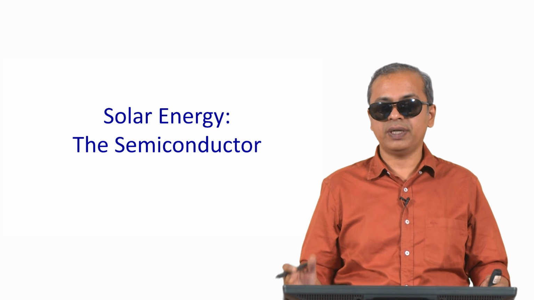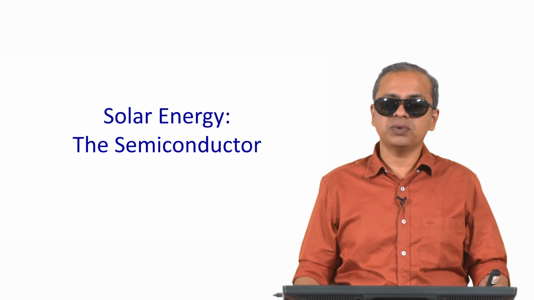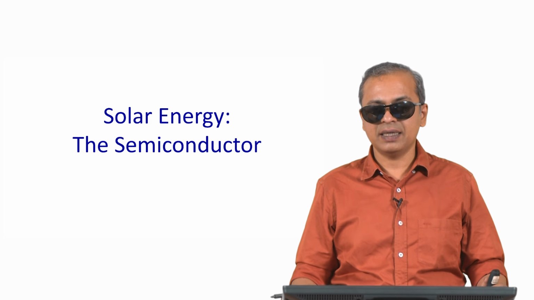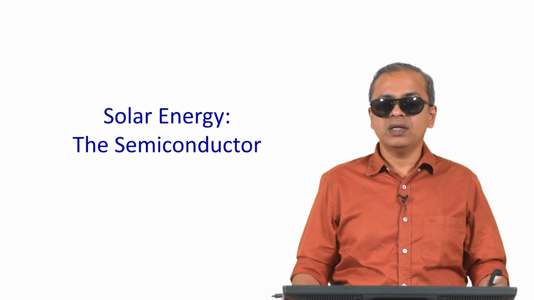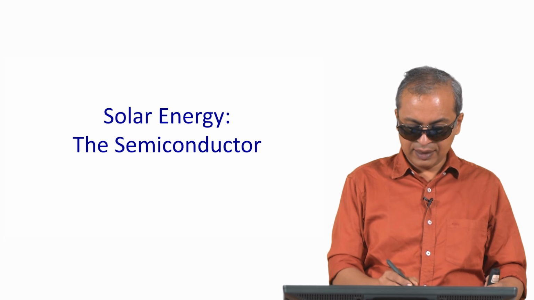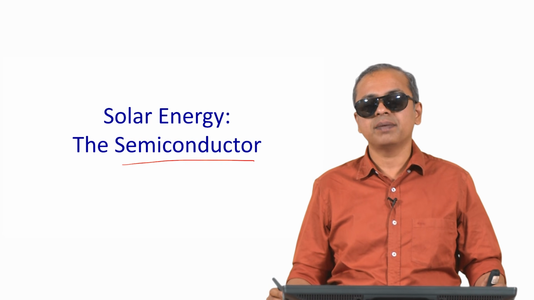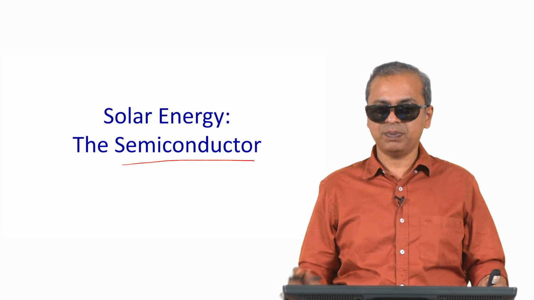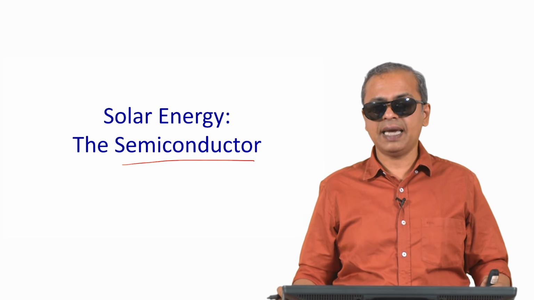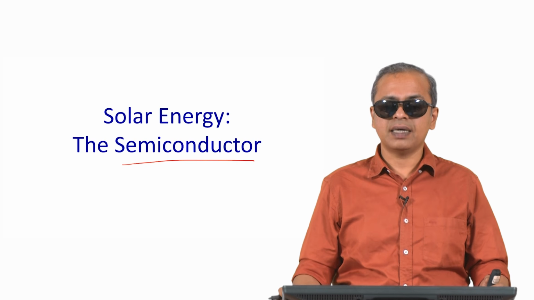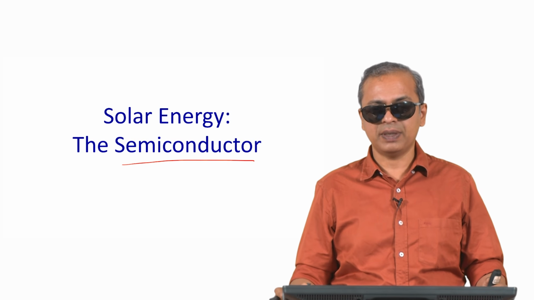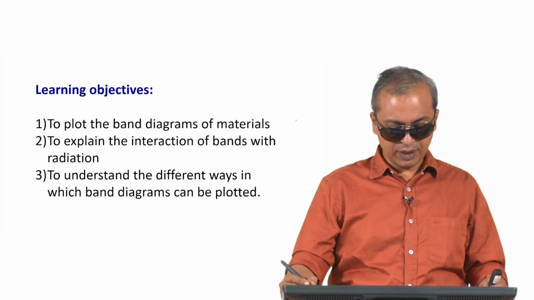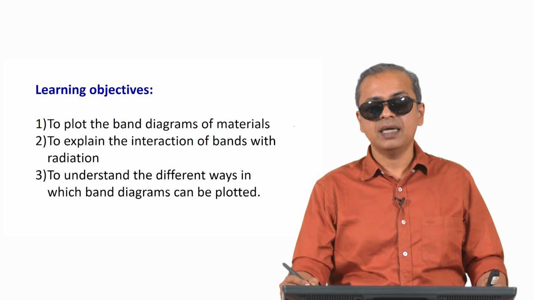So, this is the solar photovoltaic process, and central to it is the use of a type of material, which is the semiconductor. So, in this class we will look at the semiconductor, and particularly we will see some of the basics of the semiconductor and some various aspects associated with it, how it can be used, and then build on those basics in the subsequent classes. So, the learning objectives for this class are to plot the band diagrams for materials,